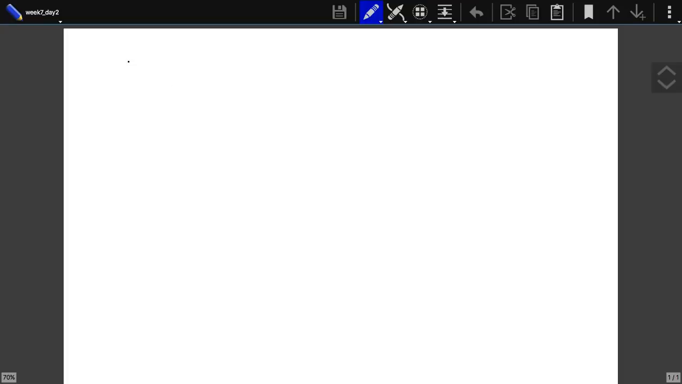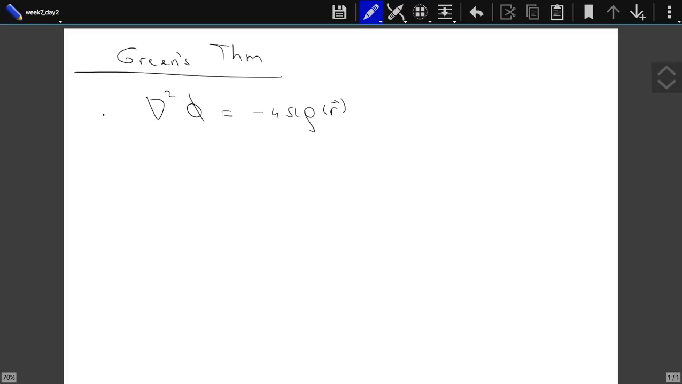Okay, so let's go back to Green's theorem. Now, it's a property of the Laplacian, in the forms that we are using it. So basically, we need to solve this equation with certain boundary conditions. Now, it is possible to convert this equation to an integral equation, and basically solve it explicitly